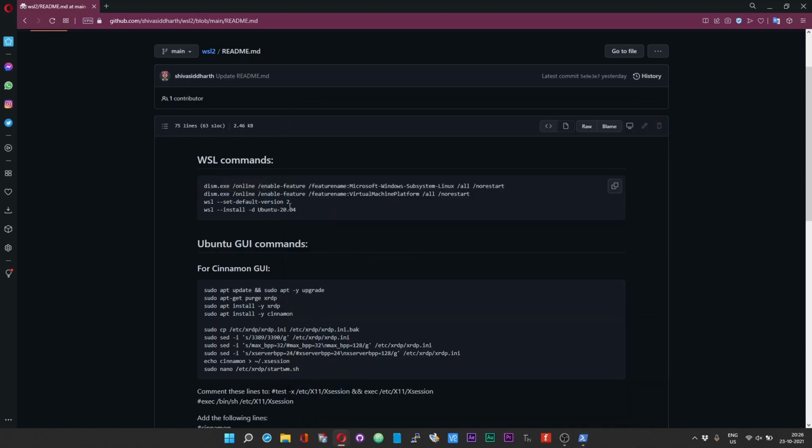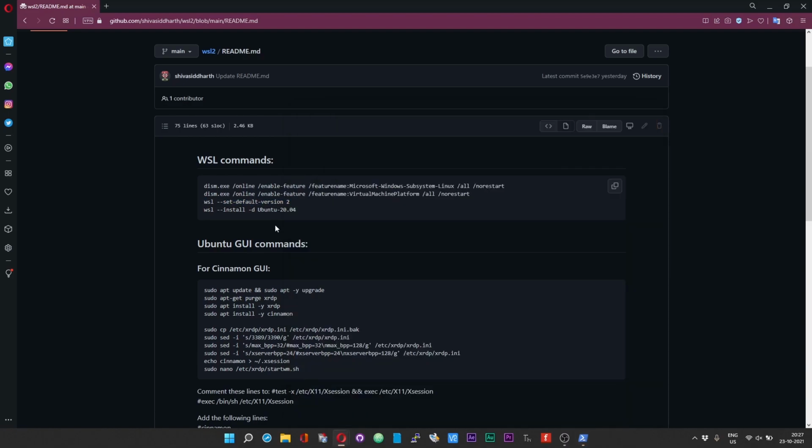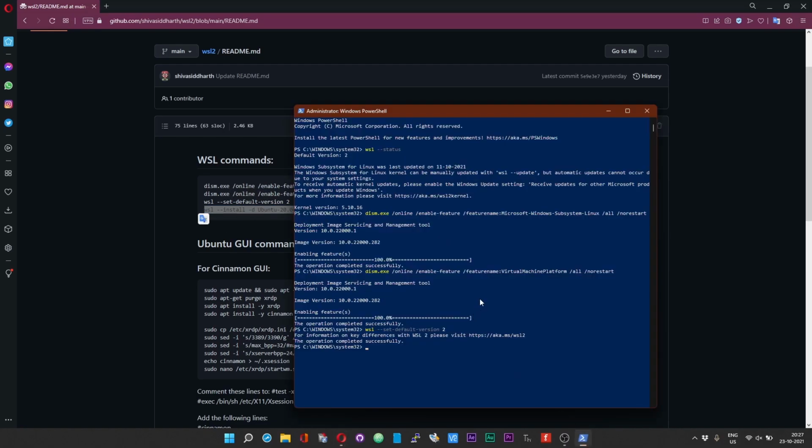As I mentioned earlier, you should have the WSL set to version 2. So first check on the status as I mentioned previously, and if you have version 1, then run this command over here, copy and paste it and then enter. This does not make any difference even if you have already set it to version 2. It does no harm. Okay, so then we come to the Linux installation part. Copy that, paste it into the PowerShell and then press enter.